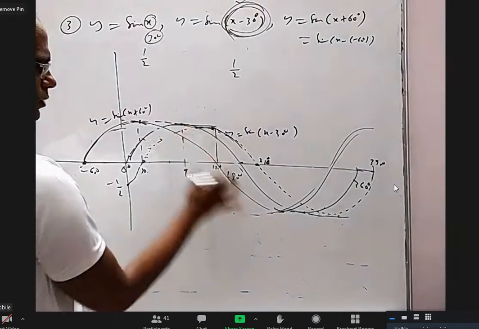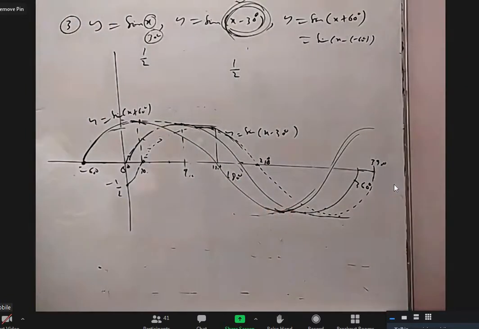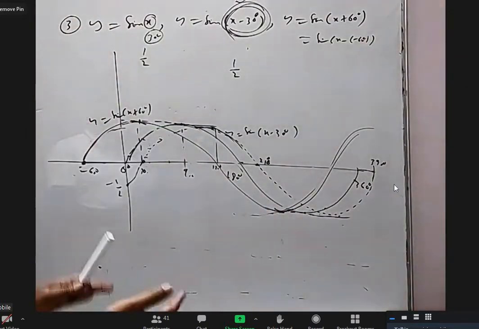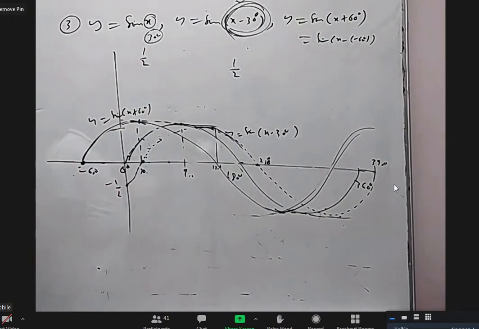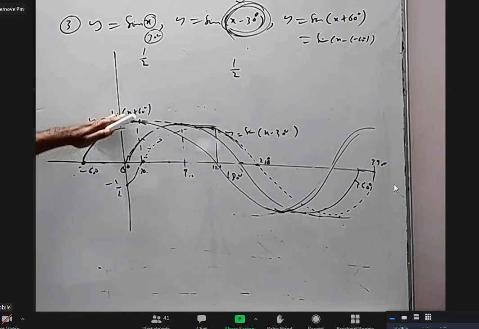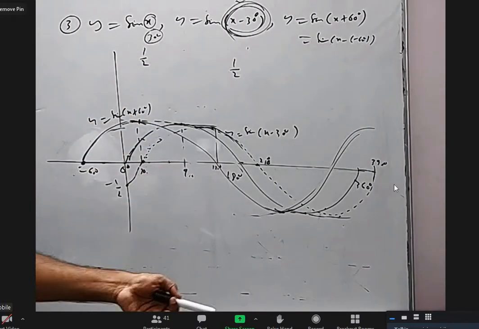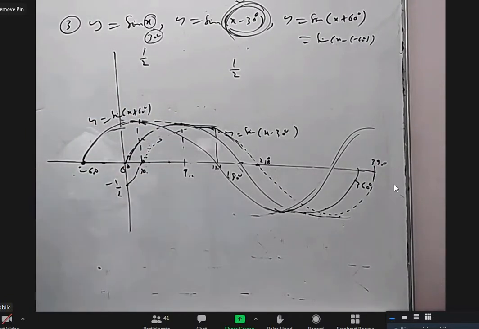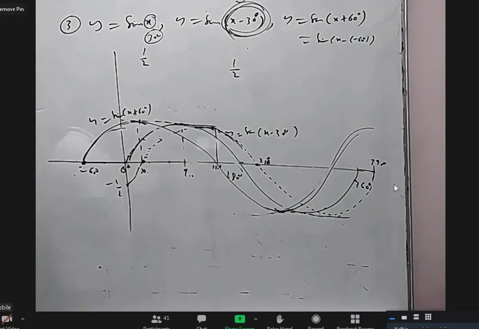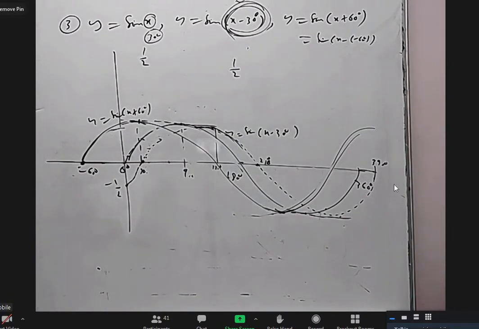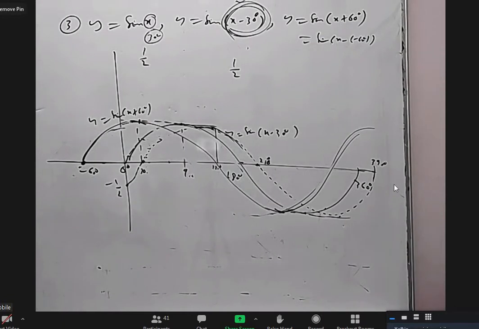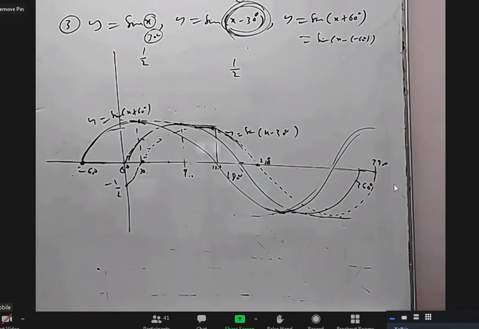It may be too clumsy, but if you understand the point, you can draw yourself. One is moving towards right, one is moving towards left. You can see why maxima and minima are same for all three. Where they attain maximum, the number may change. Where they attain minimum, the number may change. But the maximum is 1, minimum is minus 1. Once again, you may draw the graph, but it is more important to understand what is the logic we are using to draw the graph. That is most important. Is it okay? Yes, sir.